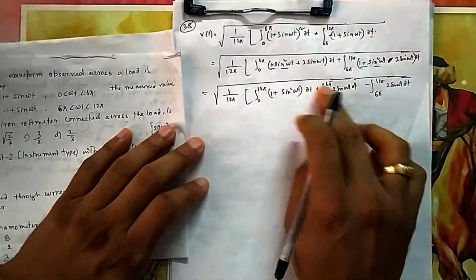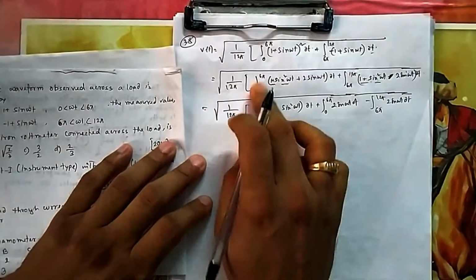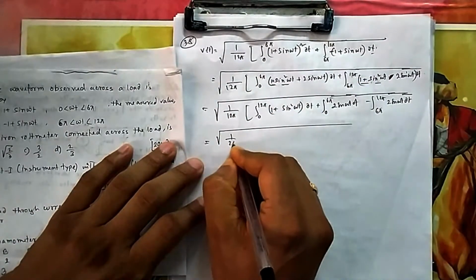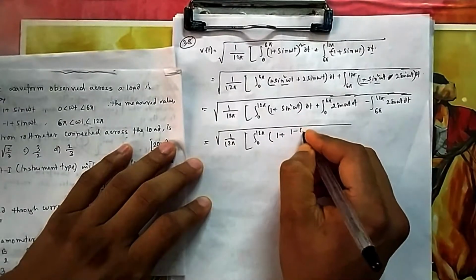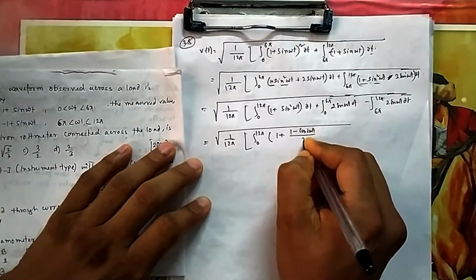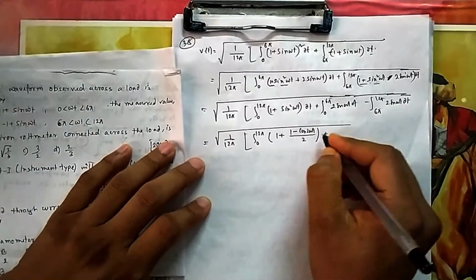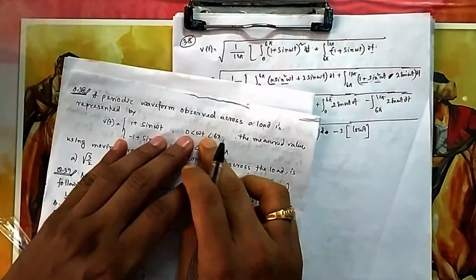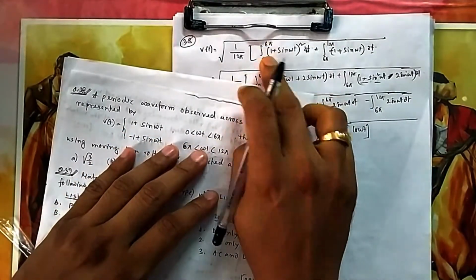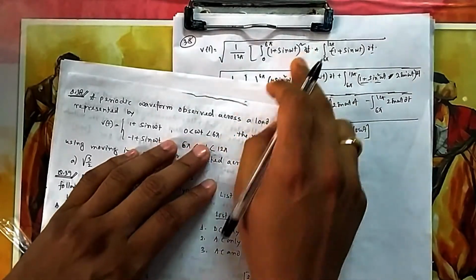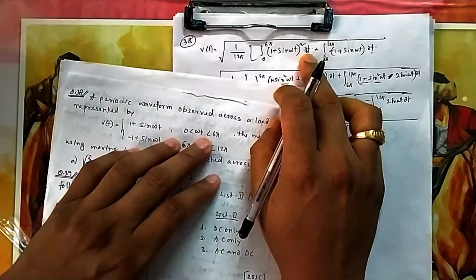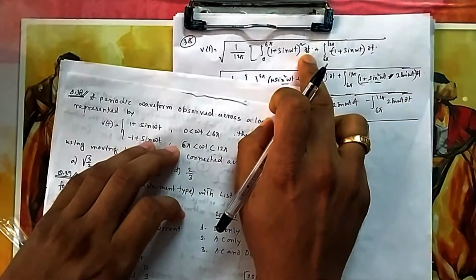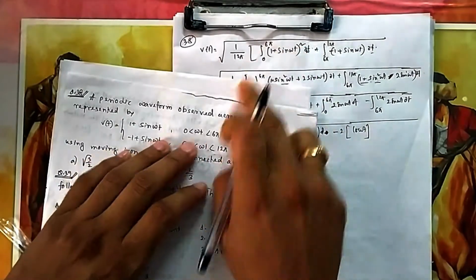Because here the function is different, one is 2 sin, but from 0 to 6 pi the first partition is common for both. I think you can do the integration, or let me show it. What is sin square theta? You can write it as (1 minus cos 2 theta) divided by 2. The way you integrate for this one, it is d omega t, because I am ranging from 0 to pi. It is not second. Had it been second, because omega t is in radian, it is not in second. If it had been in seconds, then it could have been done up to t. If it had been 0 to 2 second, 2 to 3, then it would be with respect to time. But here it is omega t, because it is directly given in radian.